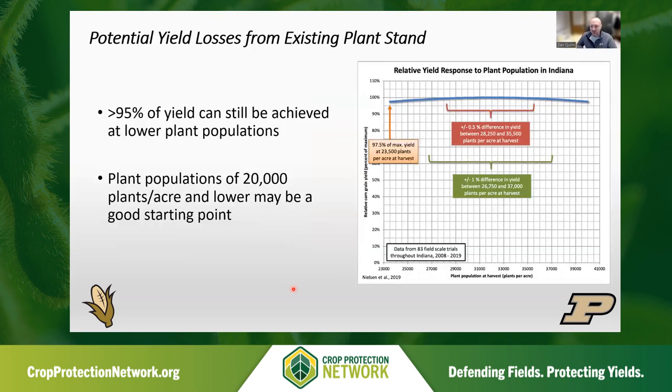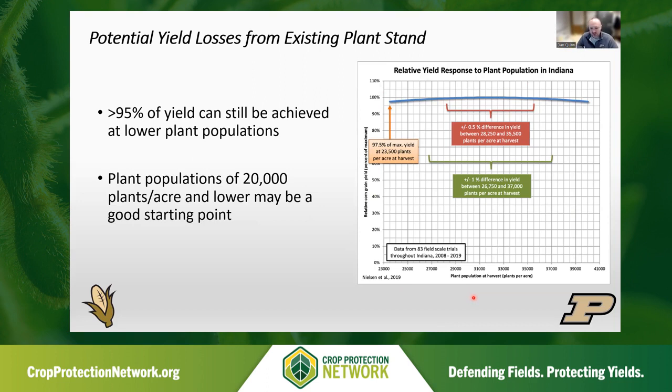So now if you take your stand counts, you assess the viability and the evenness of the stand, it's now starting to try and understand what that potential yield loss is from the existing stand in those impacted areas, and whether or not we should maybe make that decision to replant or not replant. This is an important aspect, and what we're showcasing here with this